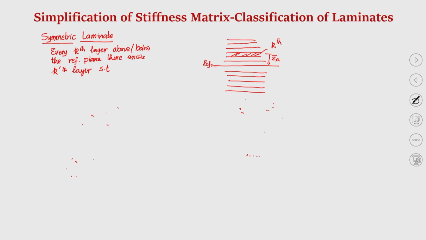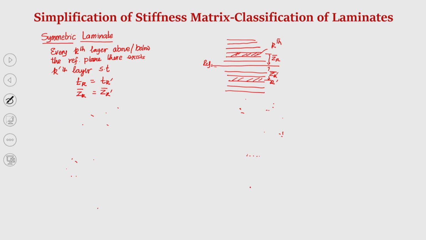So, that for every kth layer above this reference plane there is a k prime layer whose distance is say z k prime bar, okay, such that thickness of the kth layer is equal to thickness of the k prime layer, z k bar is equal to z k prime bar, and the properties, that means